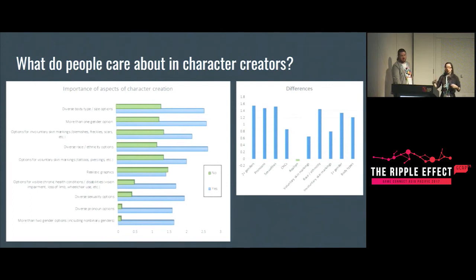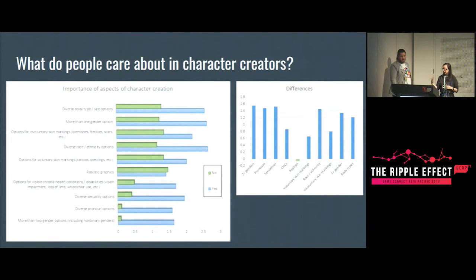And then we asked more deep-diving questions about what does that mean? What do you actually care about? And how does that factor into your games and your choices and all of that? And these questions were about character creation. So you've got two different coloured bars there. There's green at the top and blue at the bottom. I did put it through a colour blindness check, but I don't know if the lighting on there is ruining that or not for me. So sorry if you can't differentiate. But the nos are on top and the yeses on the bottom.